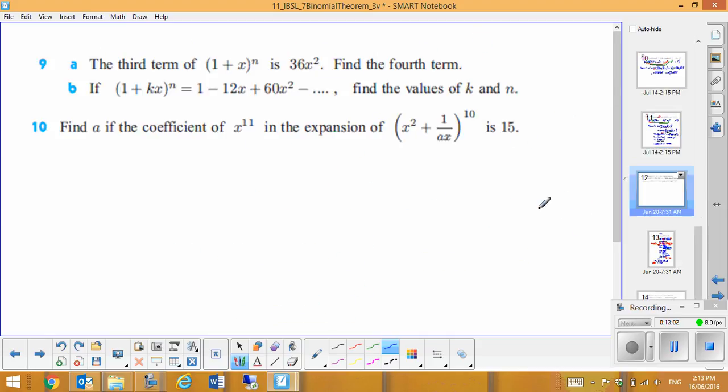The next one is where, in this case, we want to find a power of n. So what is the power on this expansion, when we know the third term is 36x squared? The third term along your Pascal's row means r is equal to 0, 1, 2. So r equals 2 in this case. All right, so if we know term 3 equals 36x squared,